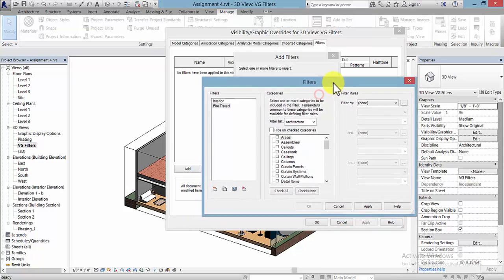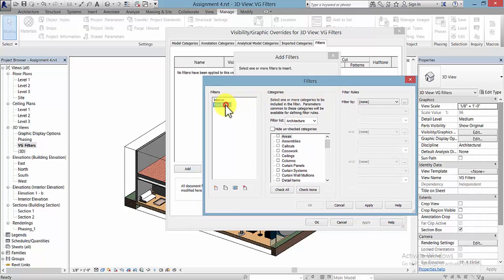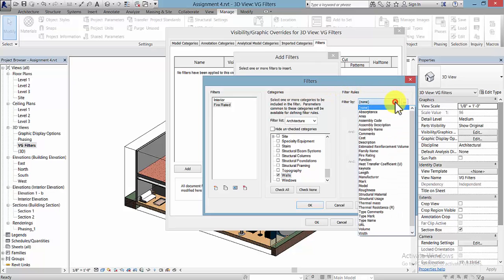And so now for the fire rated filter, we can establish a category for those objects that will take on the graphics. So we'll put a check mark in walls, and then over in the filter rules, we'll change,